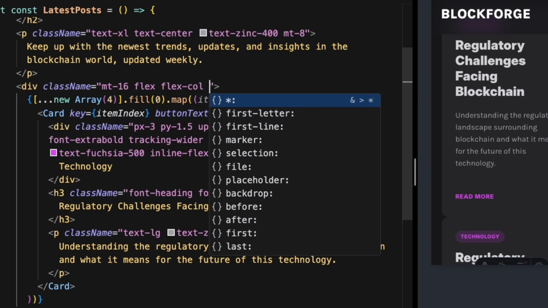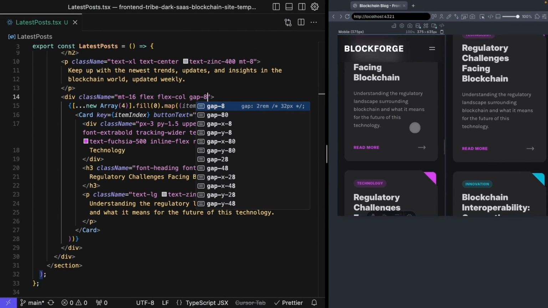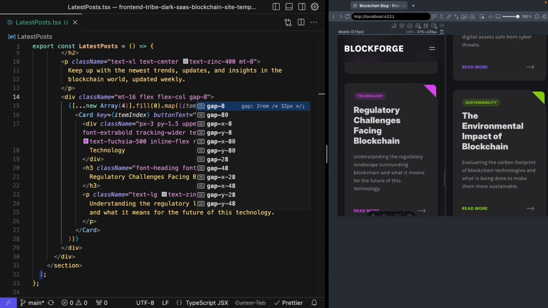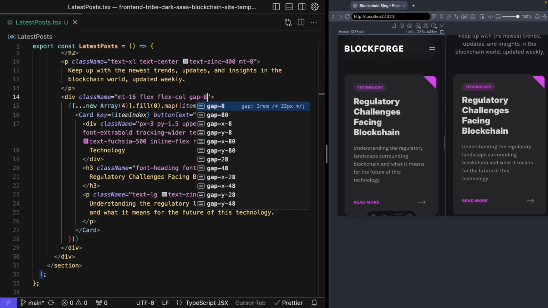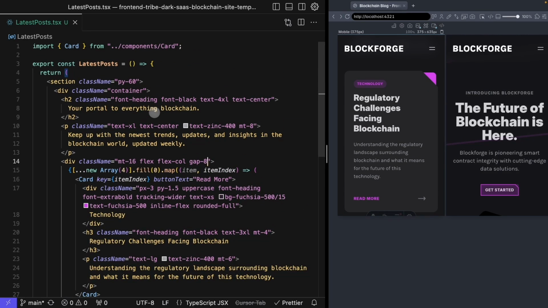And then we also have a gap of 32 pixels between each of our cards. And now we can see that our cards are looking good. Of course, it's the same blog post every single time, so that's not going to match up perfectly, but we're going to import our content here in just a second. Now that our content is styled up correctly, let's see how we actually import the content for each of these